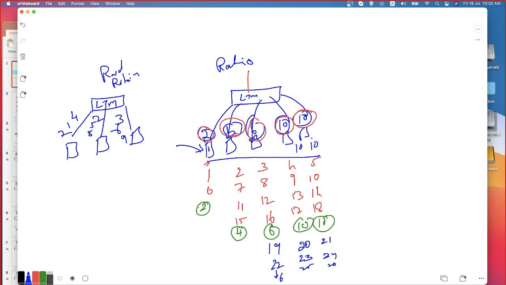Okay. See, what I'm trying to mean is for every two connections, underline that word, every. For every two connections given to server number 1, 4 connections will be forwarded to server number 2, 6 connections will be forwarded to server number 3, 10 connections will be forwarded to 5 and 6. Which means one cycle will be over when 2, 4, 6, 10 gets over. Then the new connection will come after all this filled up. By that time, that new connection will be given to server 1. Again, this cycle starts. It's a cycle, okay?